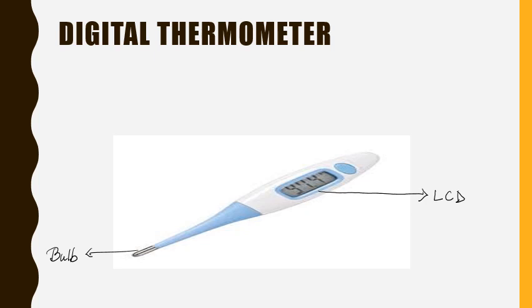In this way, it measures the change in resistance of the material due to heat and converts it to an analog signal. We read the temperature on the LCD display in a digital thermometer, and there is a press button to reset the thermometer. There are some advantages if we compare it to the earlier versions of thermometers: it does not contain mercury as it is toxic in nature, it is lightweight, and it provides accurate readings.